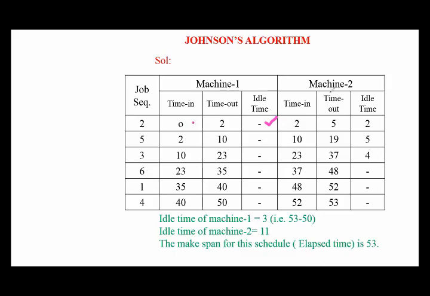Then coming to machine 2, here machine 2 was started at the second hour. Why? Because only after completion of the machine 1 operation are we going to send the job to machine 2. So here job 2 was completed at machine 1, then we sent the same job to machine 2 for another operation, the second machining operation. So simply we load that job on machine 2 at the second hour. So up to the second hour machine 2 was idle. The same idle time we mentioned here: machine 2 was idle up to the second hour.